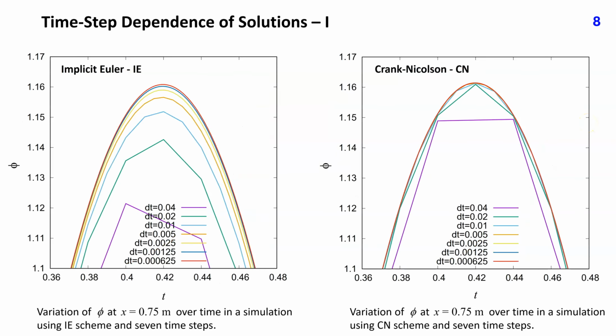To see how the solution changes with reducing time step size, these two figures show the variation of phi at x equals 0.75 meters with time around the first peak. See slide 5 for the variation over 3 periods. Zooming in was necessary because the differences between solutions obtained with different time steps are very small for second and